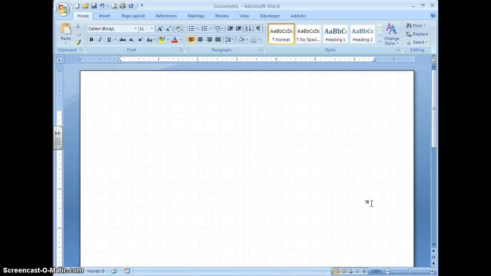Previously, I showed you how to set tabs in Microsoft Word. Today, I'm going to show you how to set a leader tab. A leader tab is simply a series of dots, dashes, or solid lines that lead your eye from one column